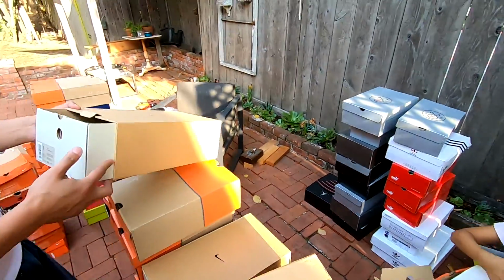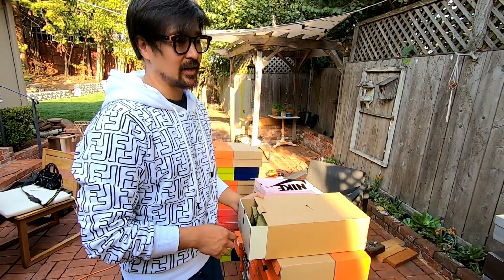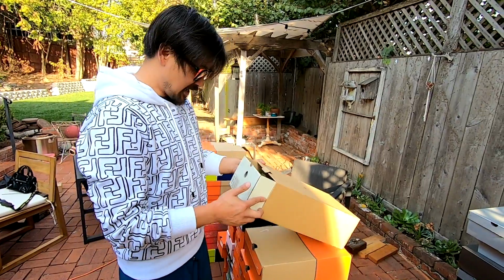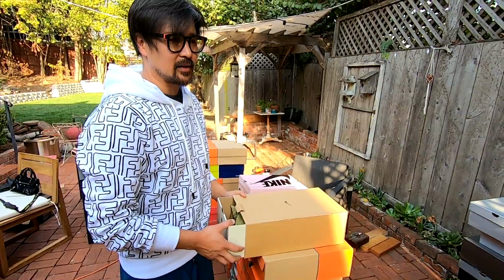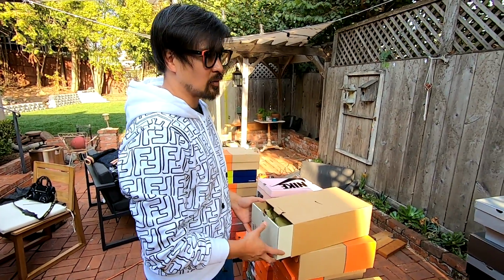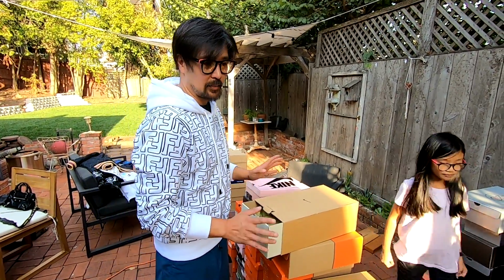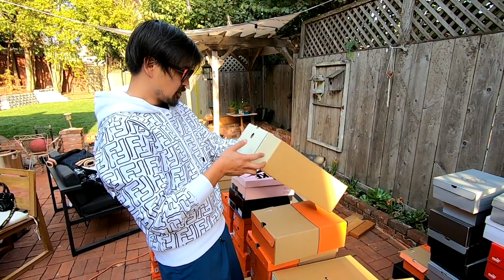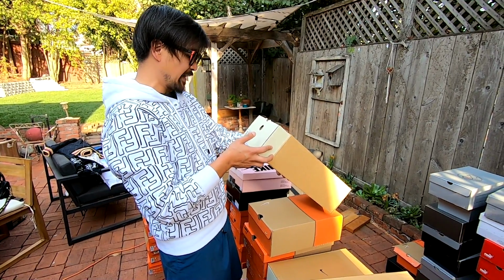All right, so now we're gonna go, so you can tell by the box, these were all special editions, and I'm sure a lot of people remember lining up in front of Nike Town to buy these various editions. I'm kind of shocked they haven't lasted the test of time. I think it's more one of those cases where people just don't know about them versus them not being really cool. So these are Cortezes by Tom Luedecke,